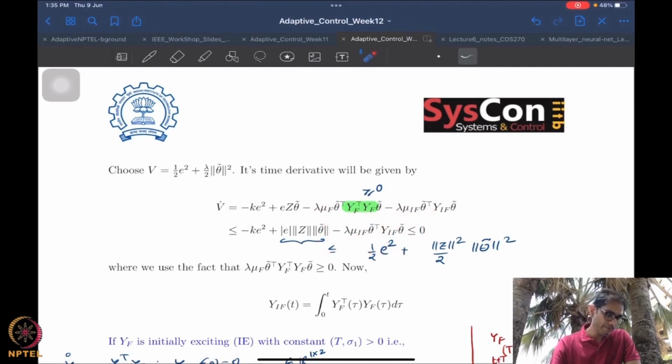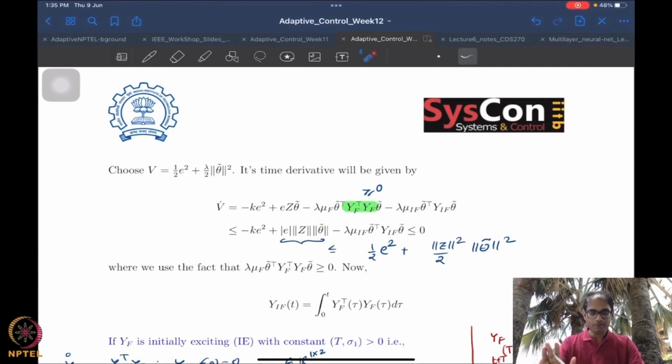And then I'm left with this term where this E can be managed here, sure, but then there is still some kind of a term in theta tilde. So at best I'll get some kind of a residual set, it starts to look like the sigma epsilon modification type of situation, unless I can somehow smartly use this term. Not very clear, to be honest, whether it will be possible. It is obvious that this YIF is connected to this theta because YIF is connected to Y.